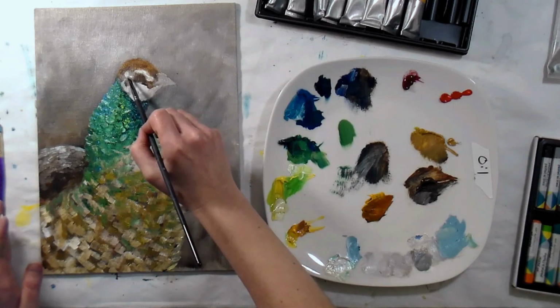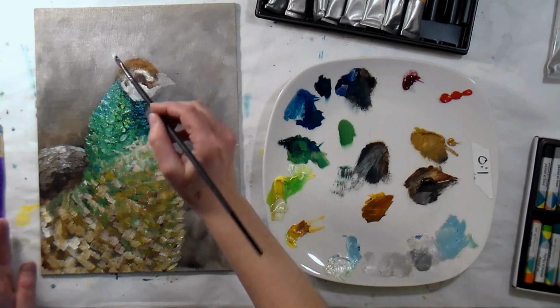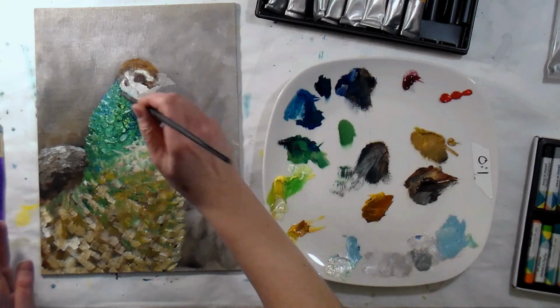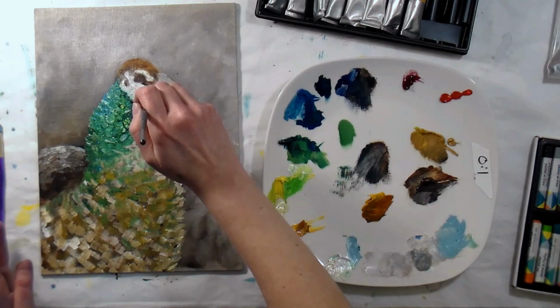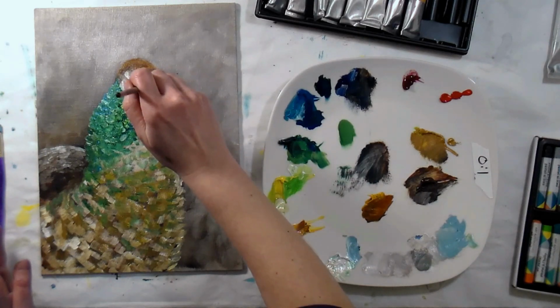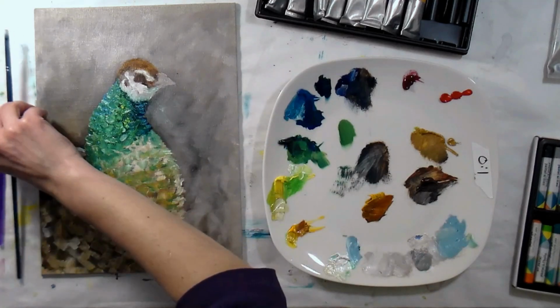And if you feel like your paint's just too wet and you can't get in and do what you want, you can always let it go until the next day. Let the paint set up a little bit, or let it dry completely and then come back to it. So no art police saying you have to finish it in one go. Okay,